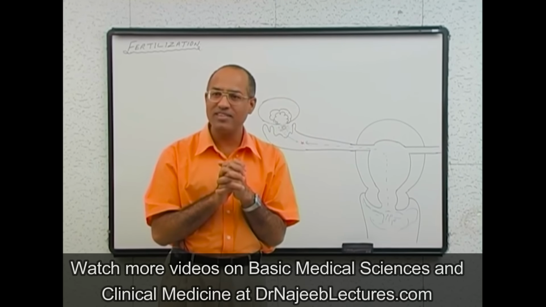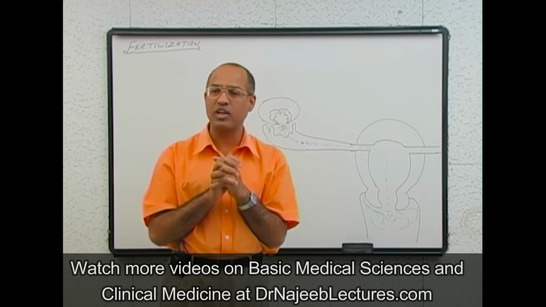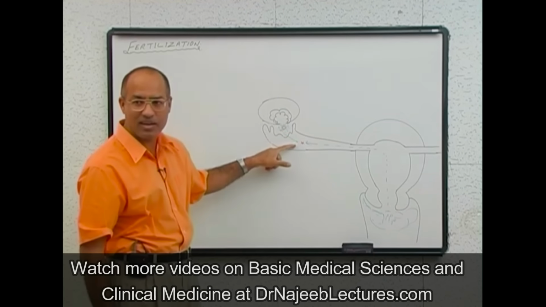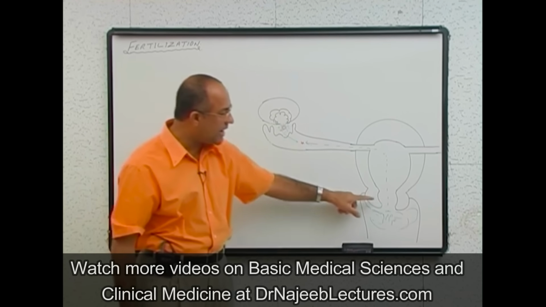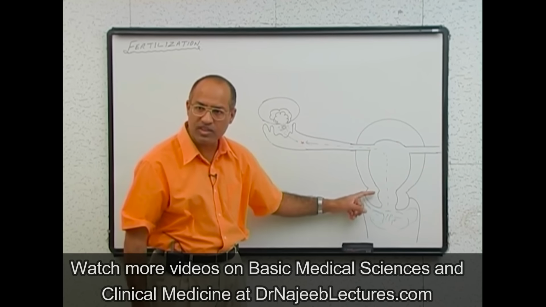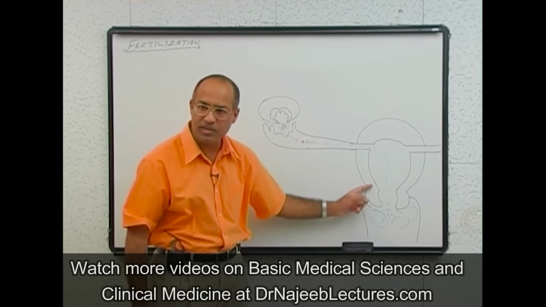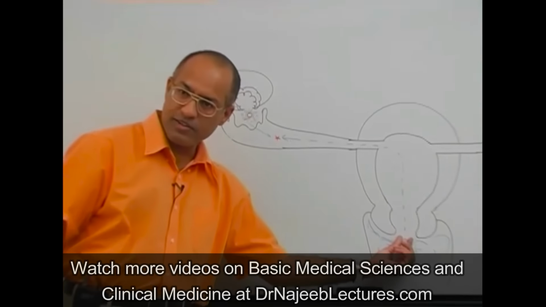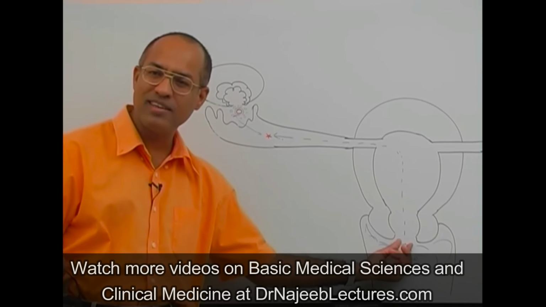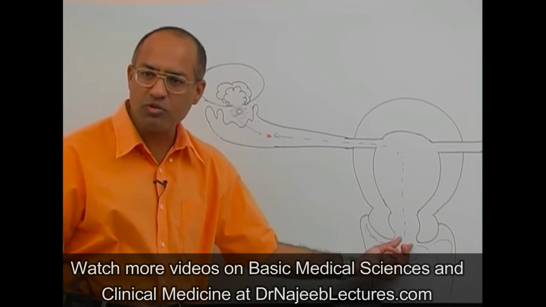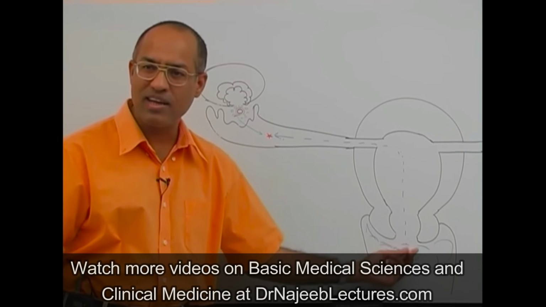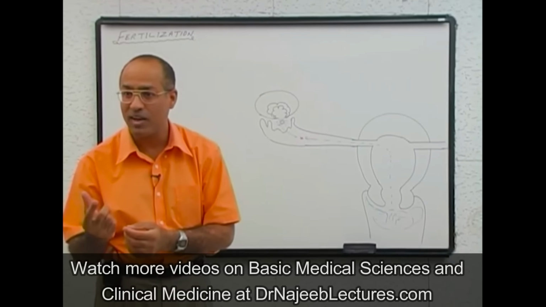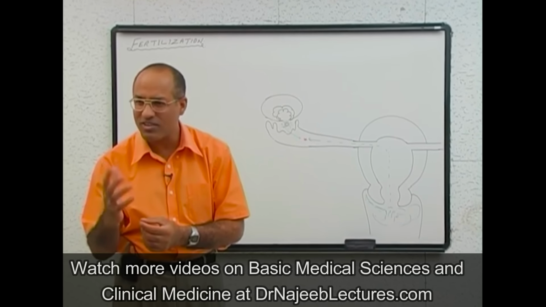Another piece of good news is that especially around the time of ovulation, when the ovum is about to be here, the cervix has glands which produce mucoid material. There is mucus in the cervix here. This mucus especially becomes thin, stringy, less viscid, and more abundant around the time of ovulation. It becomes thin, not thick. It becomes stringy. It changes its characteristic.